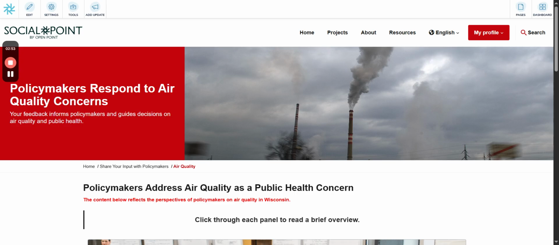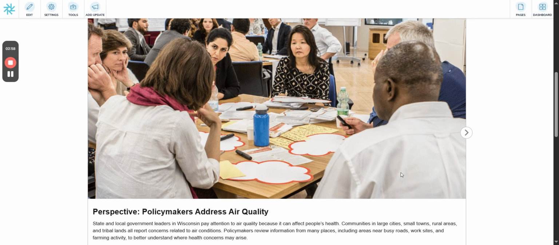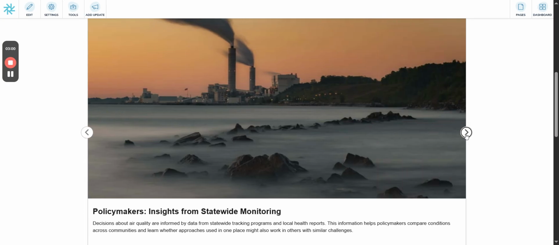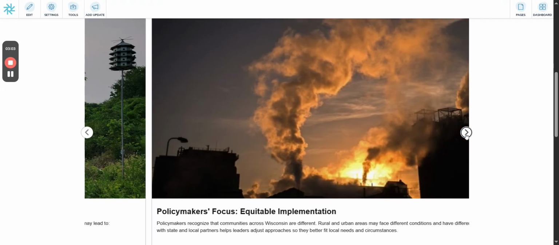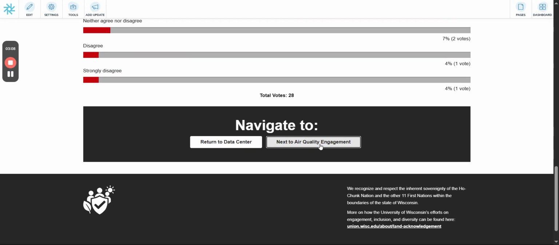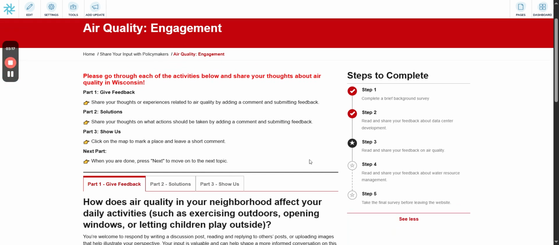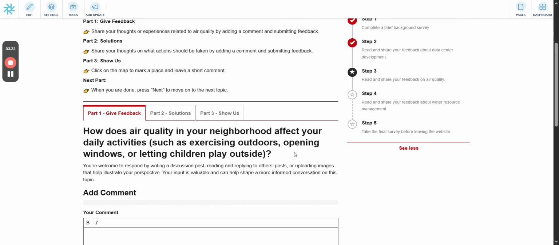For the air quality topic, you will see a similar carousel of information. After reading the information carefully, participate in Rate This Information and answer the question below, then click Submit. After moving on to air quality engagement, you will then see instructions for the activities below. For the air quality topic, please complete the 3 engagement steps. The first one is giving feedback by participating in a discussion forum, and then the second one is about providing